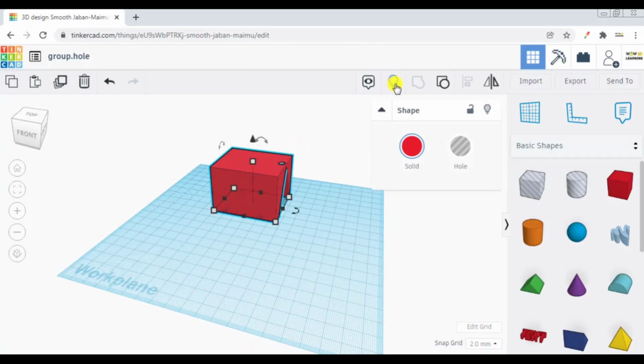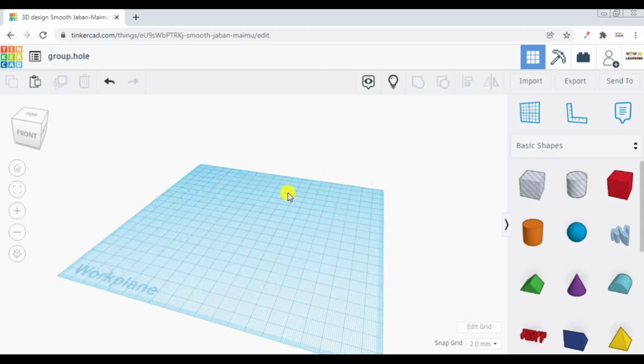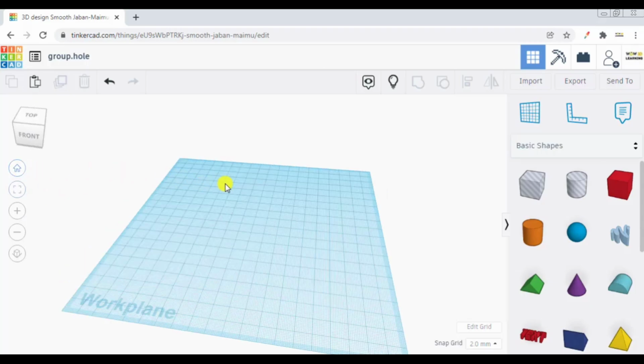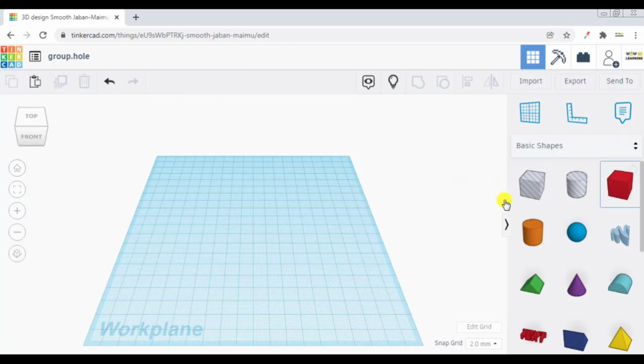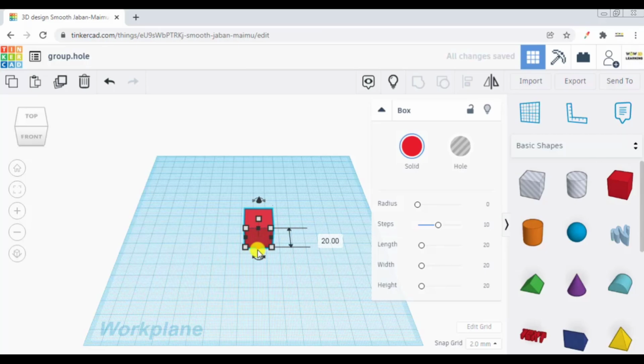Now let me click this object and press on the hide button. So I have hidden the box. Now we will make use of this as application. Let me drag a box here and let me quickly give it some dimensions. I will give it length equals to 80.